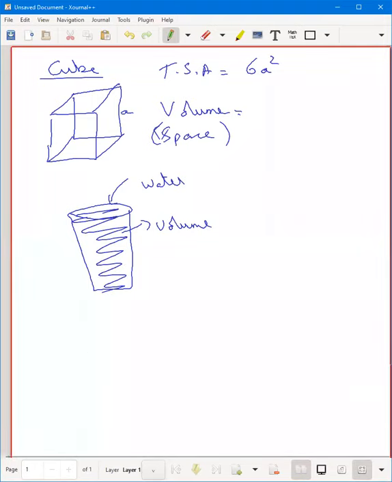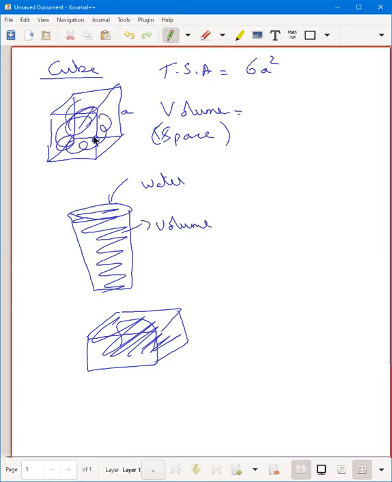Same way, if I have an open box, what is its volume? How much matter can I stuff inside this? So the volume is the total space contained inside this figure. An easy way to remember volume for any kind of shape is its area into its height. This is the basic formula for any kind of volume. Find the area of the 2D shape and multiply by the height.